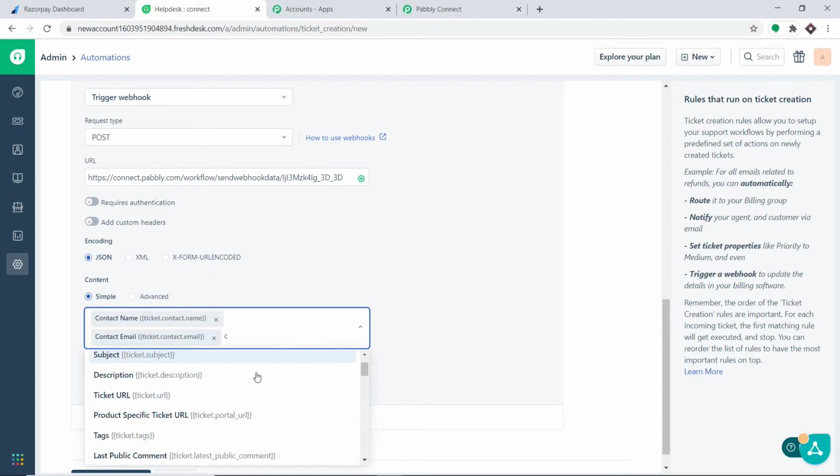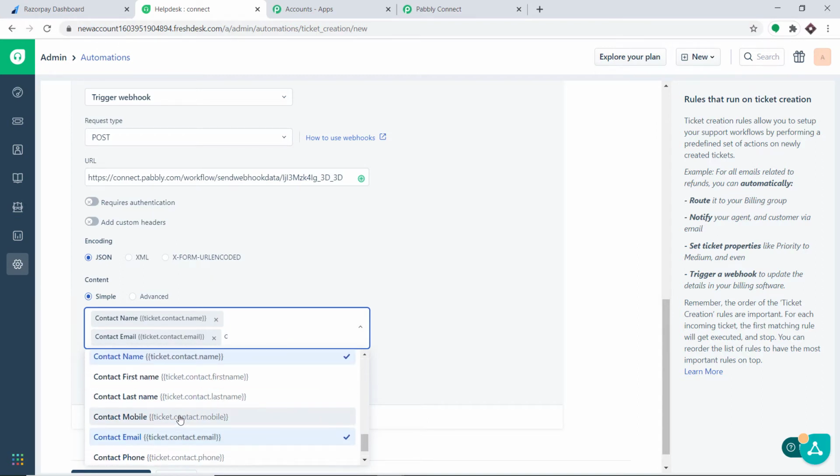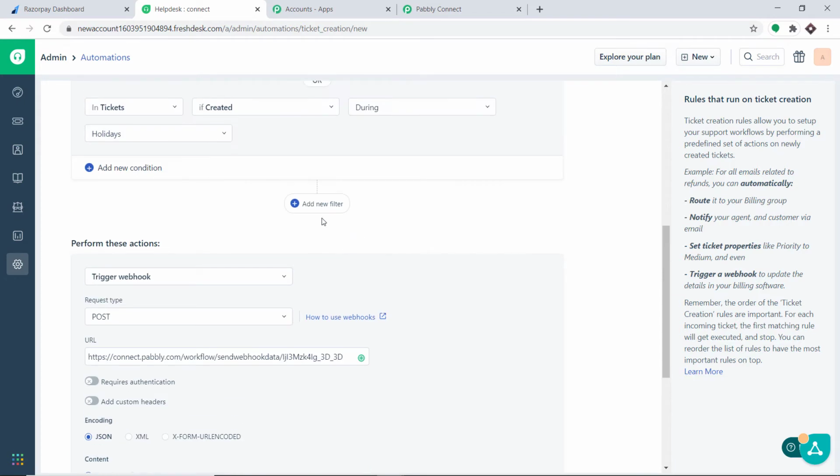Contact number, phone number or anything. Contact mobile. Okay. So name, mobile and email. Anything else we need? Should we add the description? No, it's not necessary. Name, mobile and email are necessary, quite enough to create a customer in Razorpay.